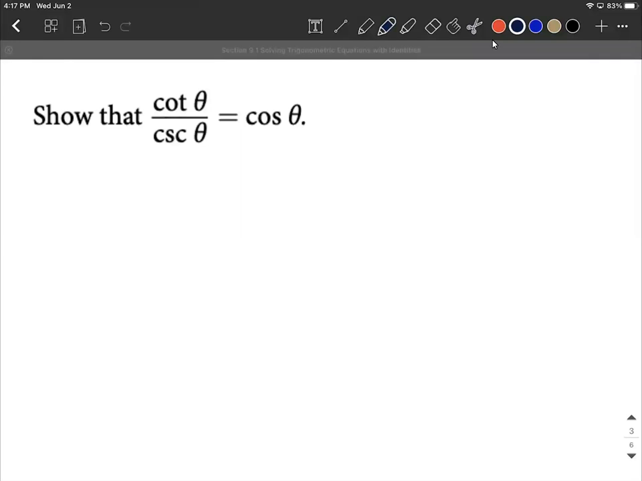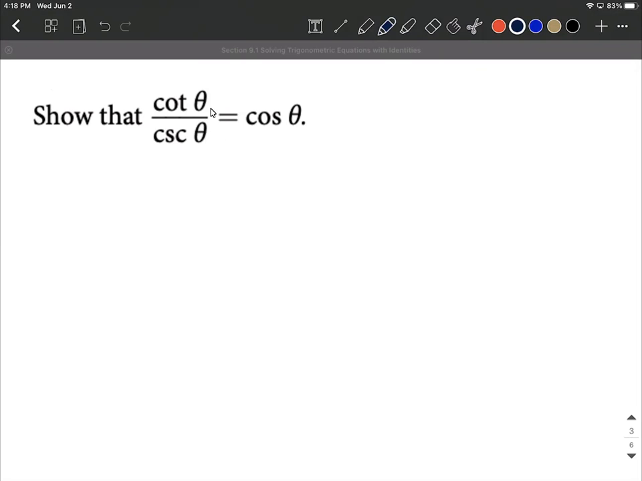Let's verify this trigonometric identity. So when you get going on this, you want to identify, first of all, which side do you think looks more difficult, the left side or the right side? In this case, I'm thinking the left-hand side looks quite a bit more difficult than the right-hand side. So I'm going to start with the left-hand side, and I first want to rewrite everything in terms of sine